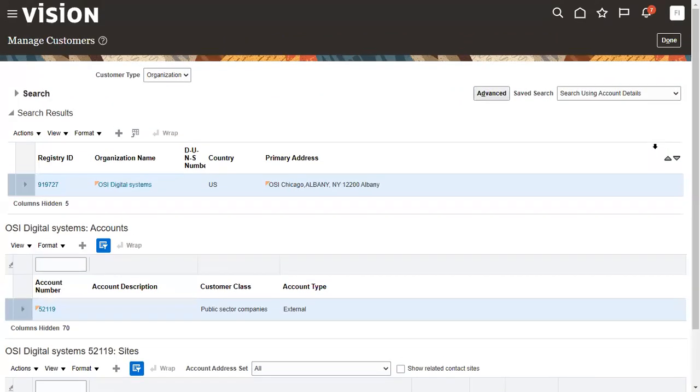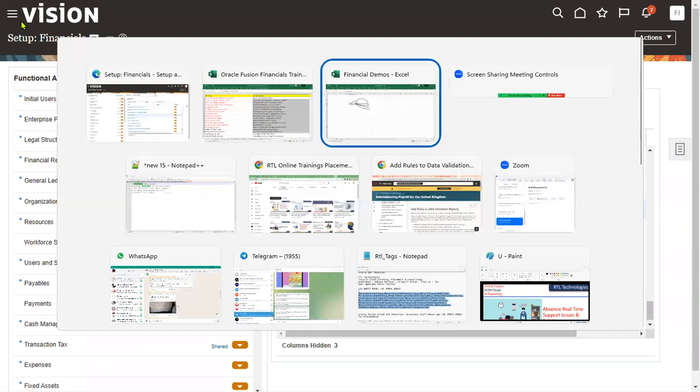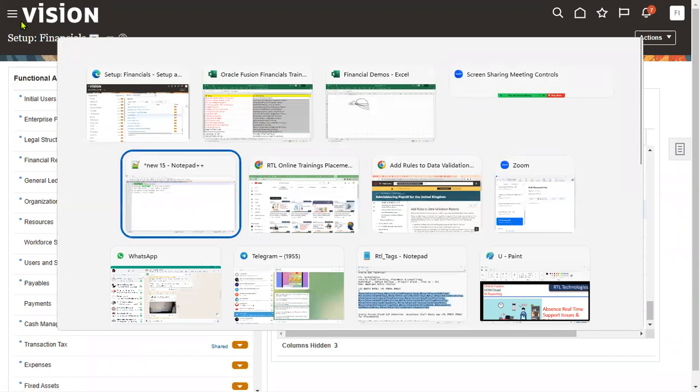Okay, now it's done successfully. Customer we have configured successfully. Now we wanted to check whether this customer is going to be populated in the sales order page or not. So what we have to do, we need to assign these order management roles to the